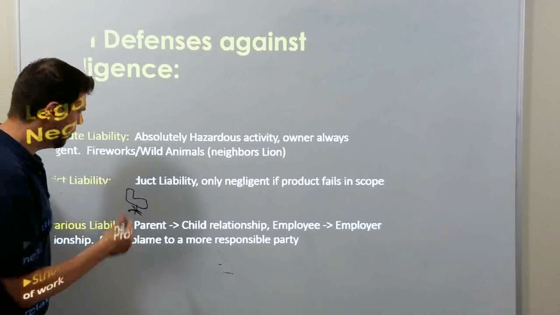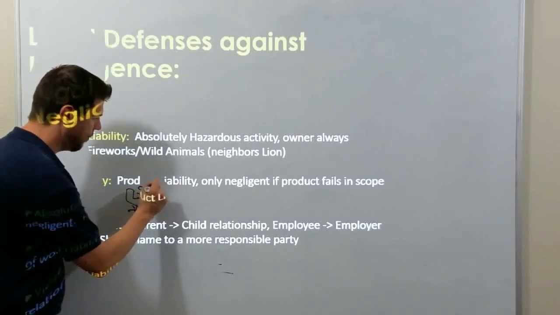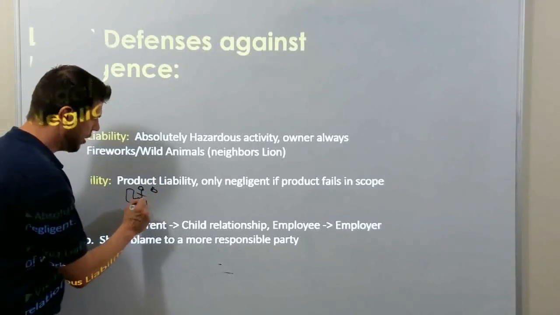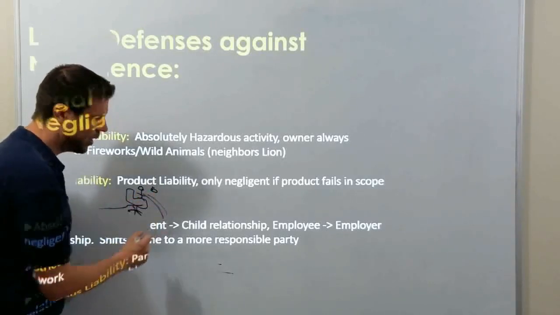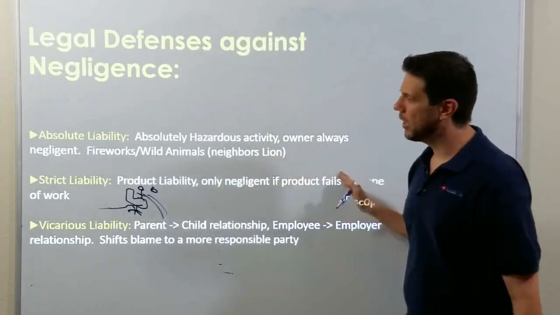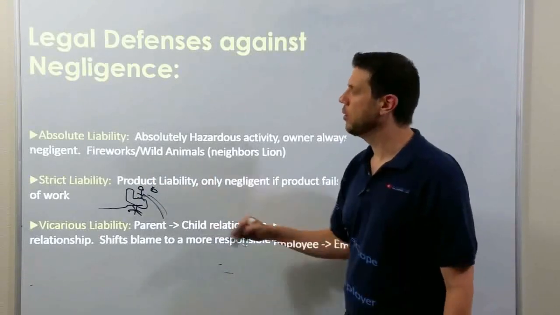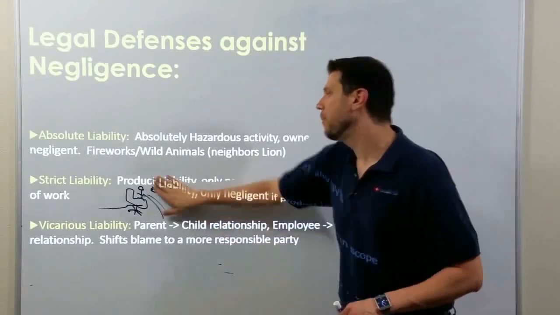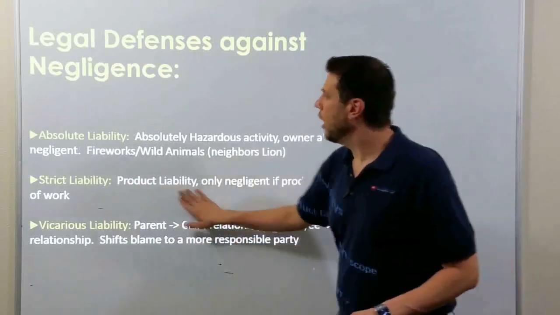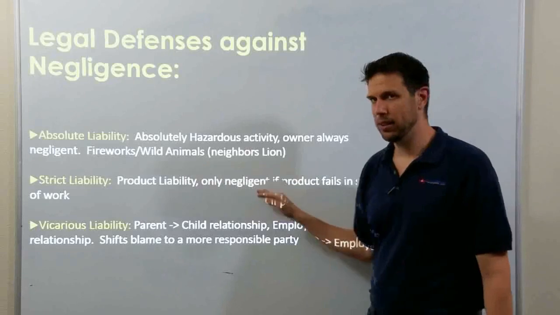Manufacturer covered. But let's say you decide to stand on the chair to change a light bulb. And then the chair moves and you fall. The manufacturer would say, it's not our fault. The chair worked like chairs do. You shouldn't have been standing on a chair that rolls. We're not covered. We're only strictly liable for the product if you use it in its intended use. So strict liability is product liability.